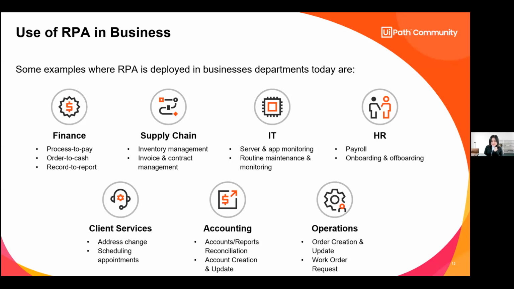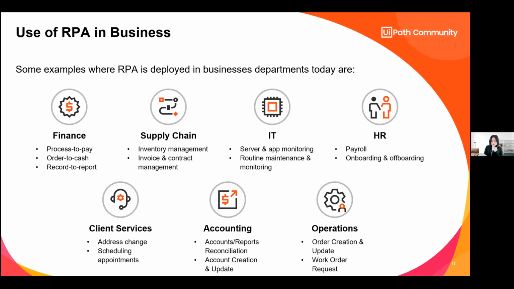So it should not come as a surprise that finance and accounting are usually the first department in the organization to have processes automated. One of the most common ones could be account reconciliation, where the robot will help the business user come into the system, download the report, do the calculation, and then let the business user know whether the balances are equal or not. So instead of going through all the manual steps, now the business user can focus on making the decision based on the value output by the automation.